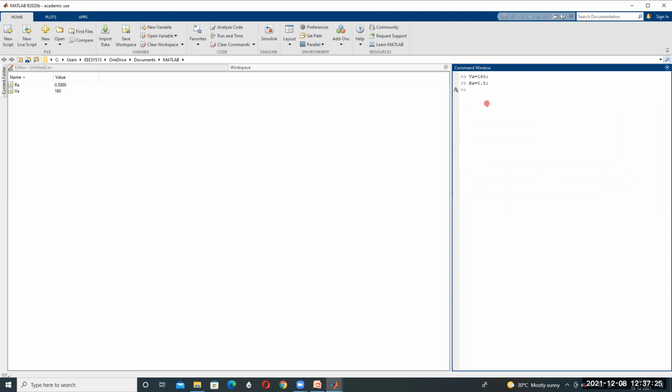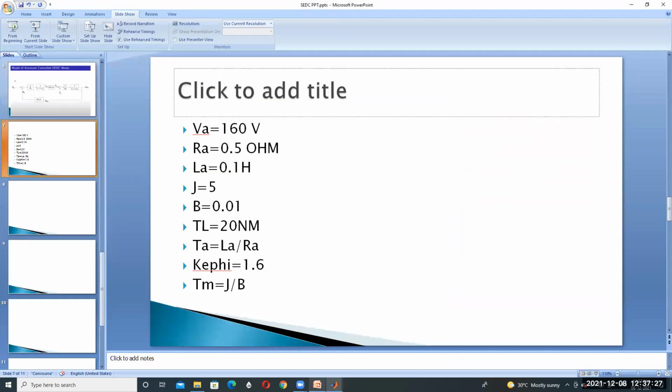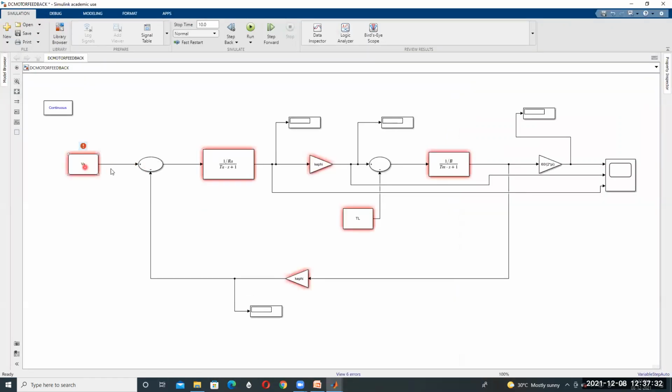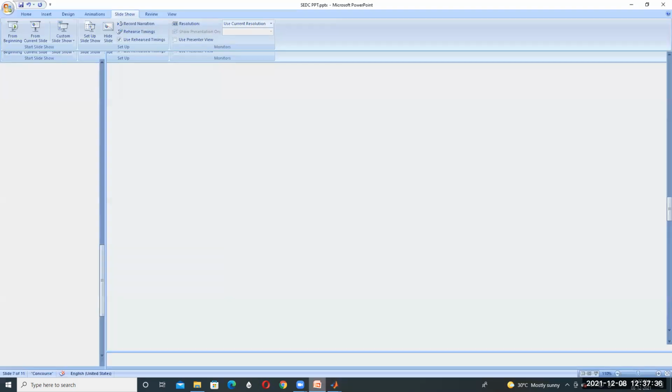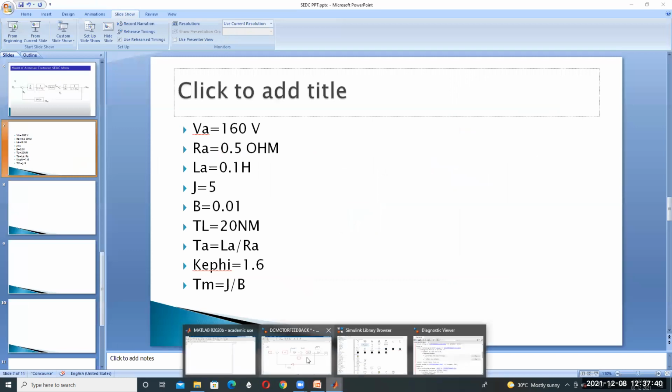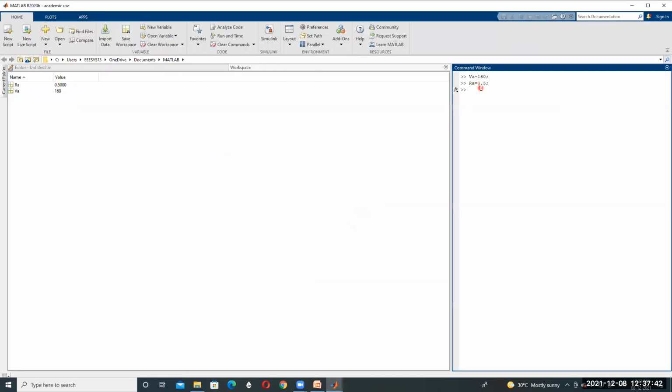Then after this, VA and RA are done. Next, LA is equal to 0.1. Enter LA is equal to 0.1.